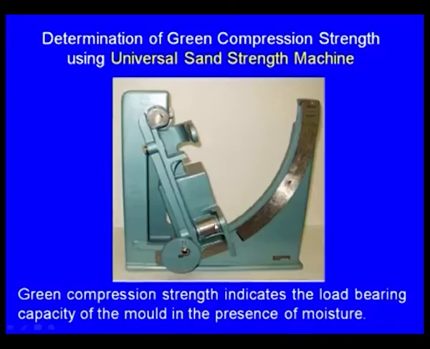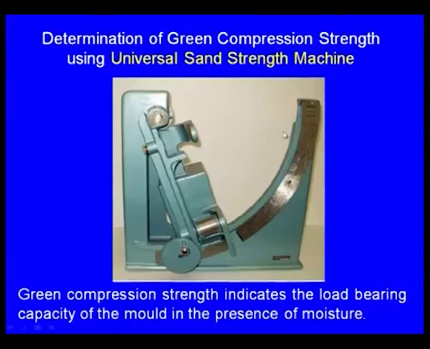Using that we can separate the sand specimen from the tube, and this sand specimen we have to keep here. Here we can see there is a pendulum. On the pendulum there is a small wheel, and when we rotate this wheel, the pendulum slowly goes up. Here there is a graduation and a scale. For green compression strength there will be one scale, and for green shear strength another scale. Similarly, for dry compression strength and dry shear strength there will be 2 more scales. Totally there will be 4 scales here.